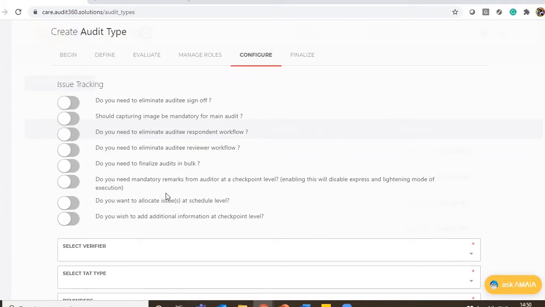So the first question is about why or when we would need to use a subaudit. There are two specific scenarios when a subaudit needs to be used. One scenario is when we are using annexures. It is mandatory to create a subaudit when there is an annexure. For every annexure, a subaudit needs to be created.